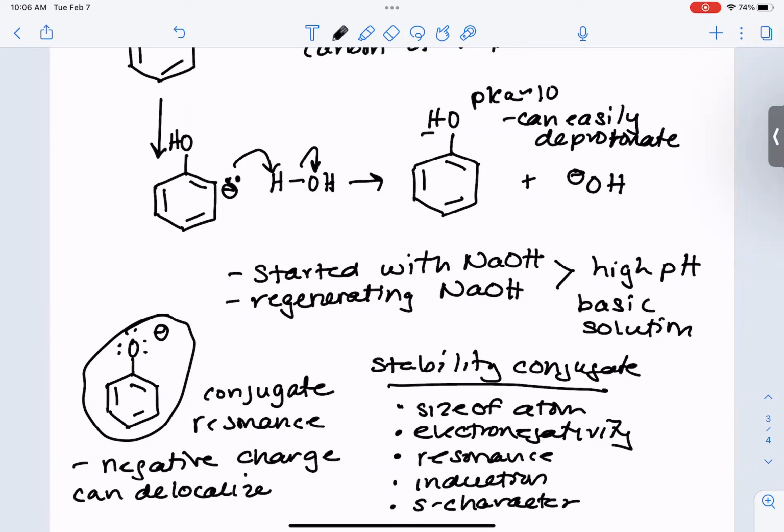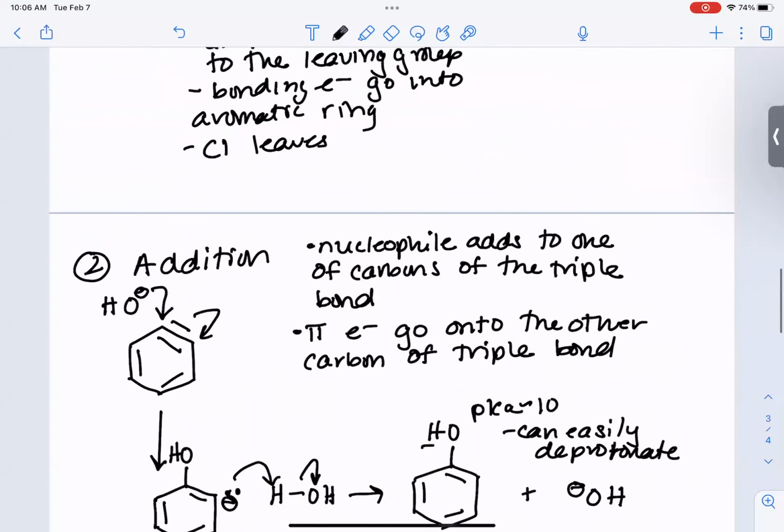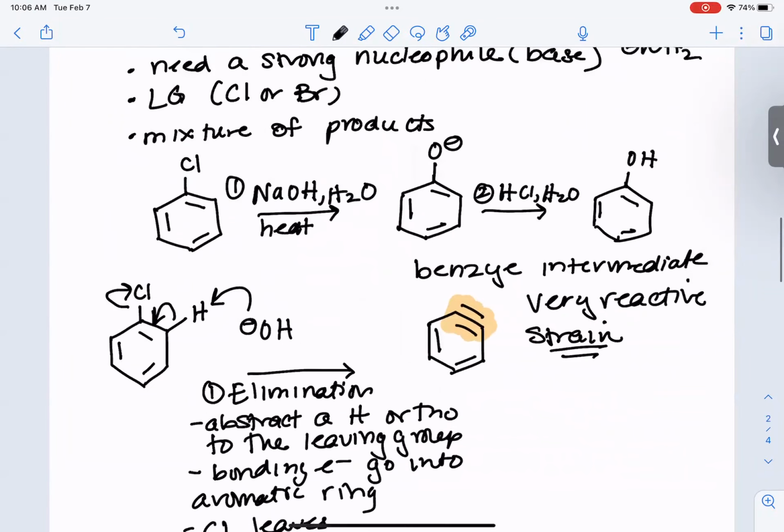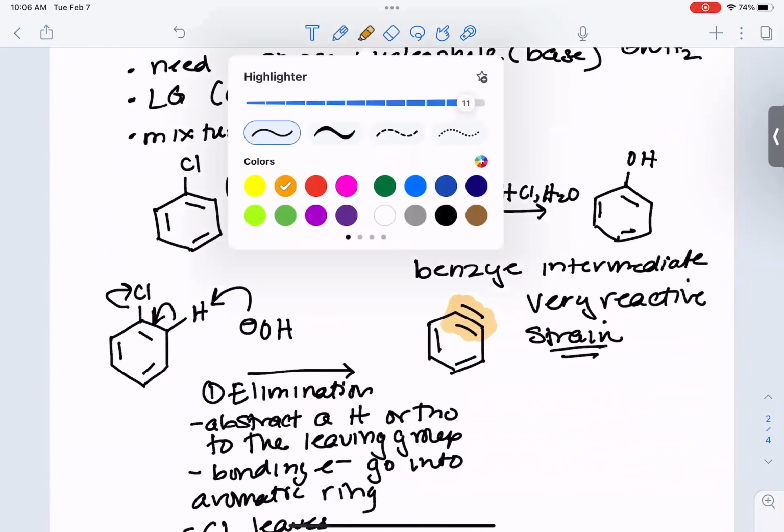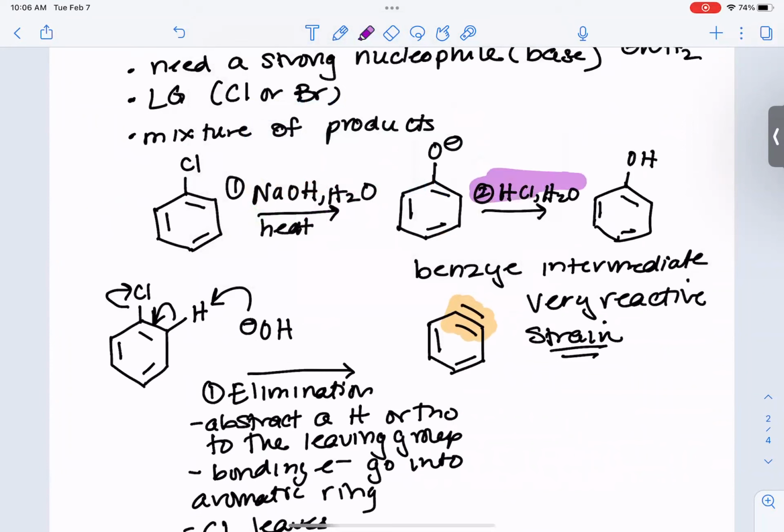I'm just going to scroll up, but then I'll write it down. That's why in this second step, you have to acidify. It protonates it. If we kept the solution basic, then what we would result in is this negative O group,